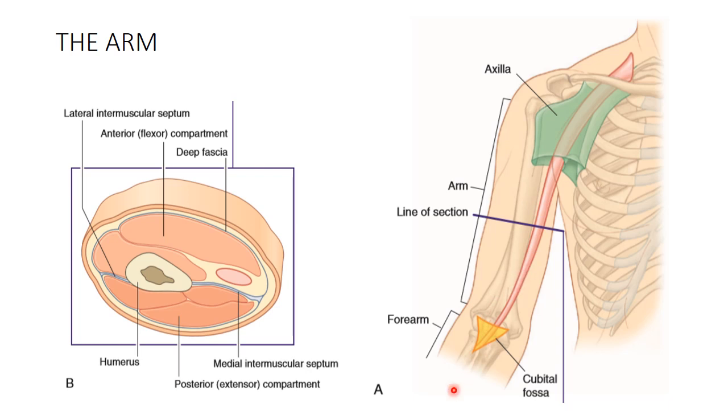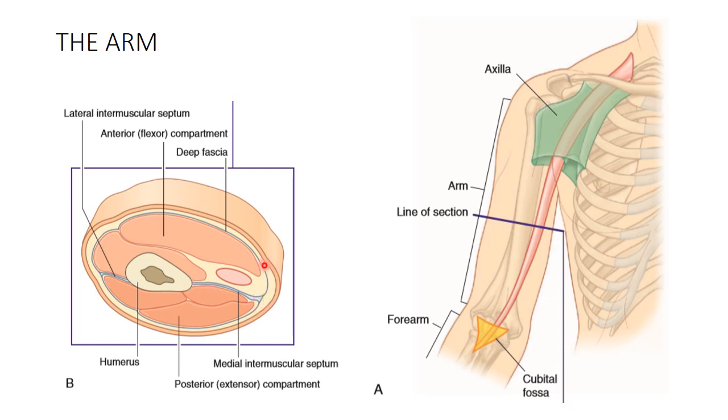Now, as you can see here, the arm is divided into two compartments. If we take a cross section of the arm, such as in this figure, here we can see the humerus, the main bone of the arm. We can divide the muscle compartments into two main compartments: anterior compartment and posterior compartment. By what? By two intermuscular septa